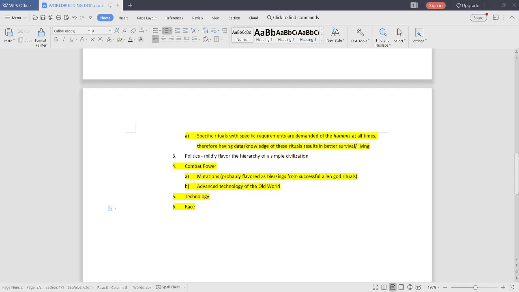Oof. Oh no, I disconnected. OBS. What happened here? Hello? Reconnection successful? Crap. Why does OBS keep disconnecting? Well, at least I recorded it, so we have that.